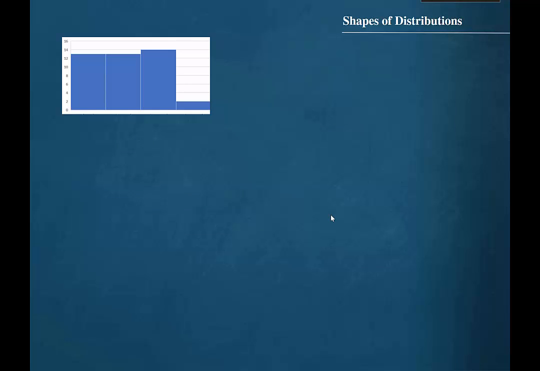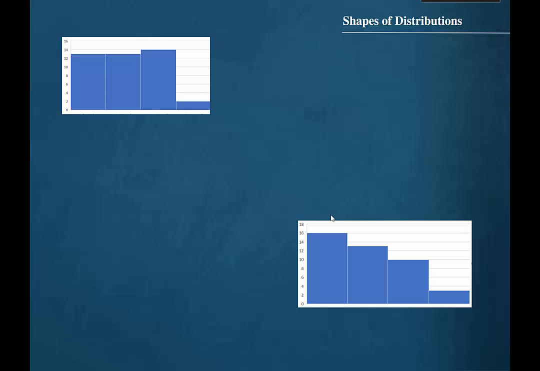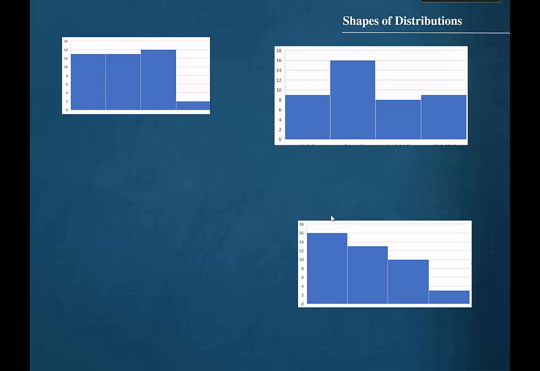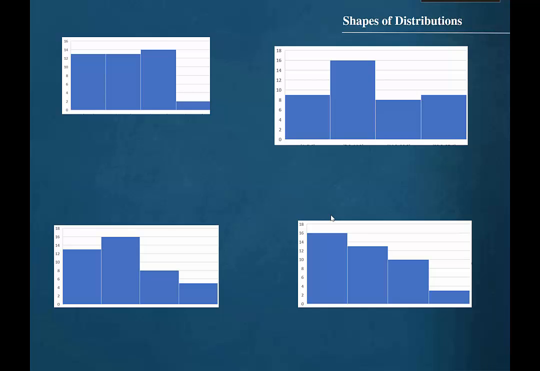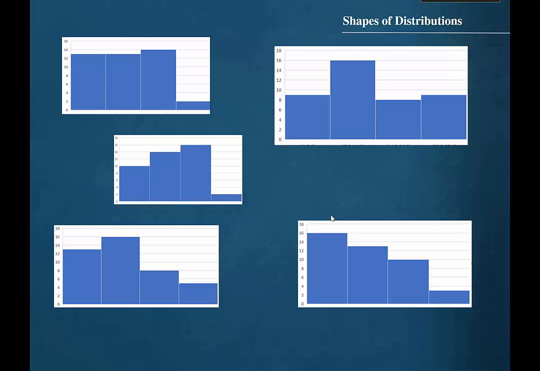It is important to be able to recognize the shapes of data distributions. The shape of the distribution usually determines the appropriate method that a statistician should use to analyze the data. Distributions are most often not perfectly shaped, so it is not necessary to have an exact shape, but rather to